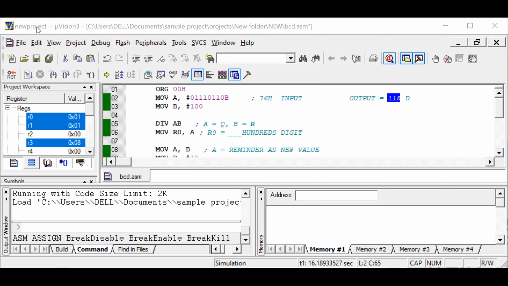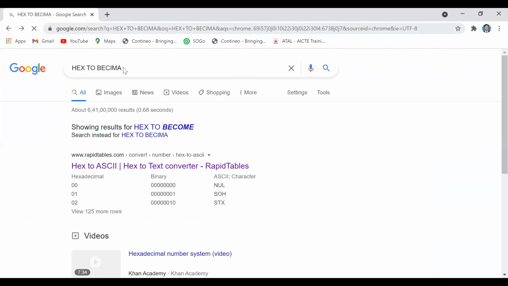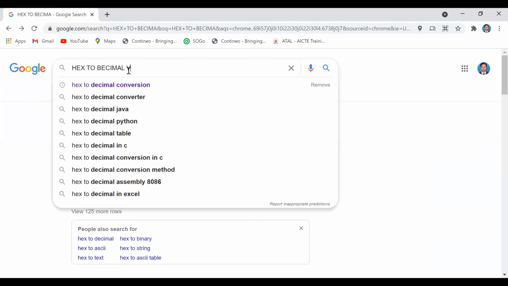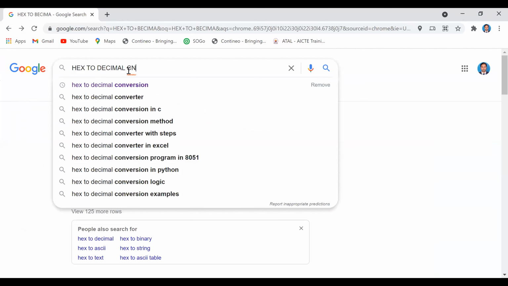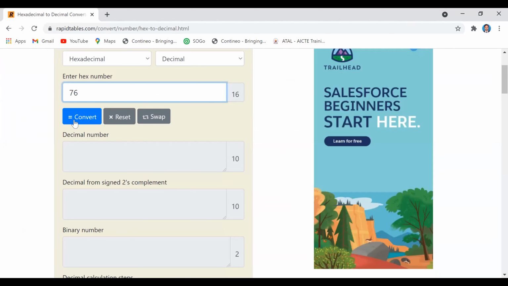Internet resource. Yeah. So we will find what is the equivalent value of 76. 76 is the 8-bit value, which if you convert this, we will get.